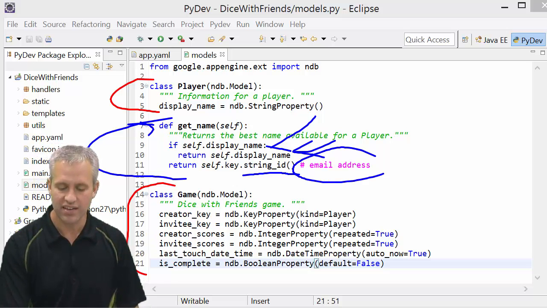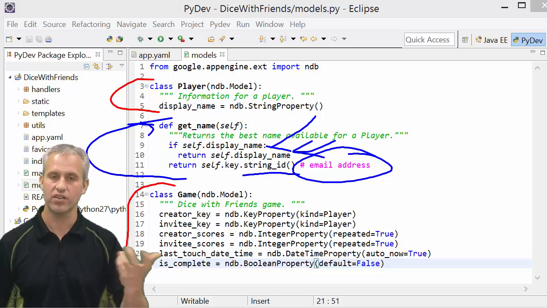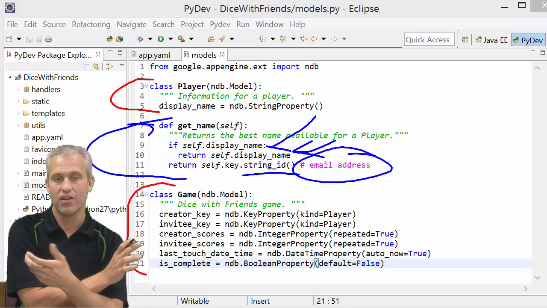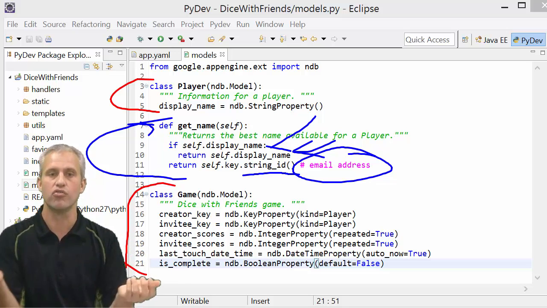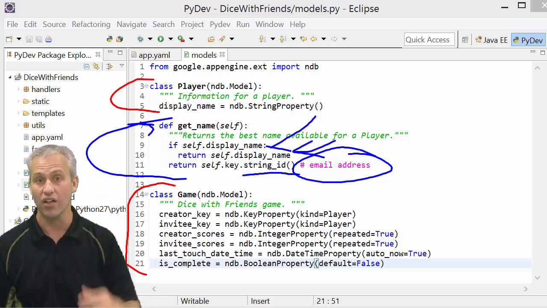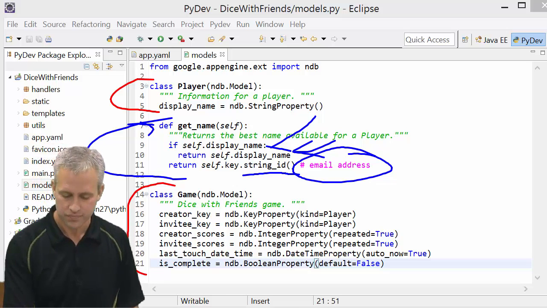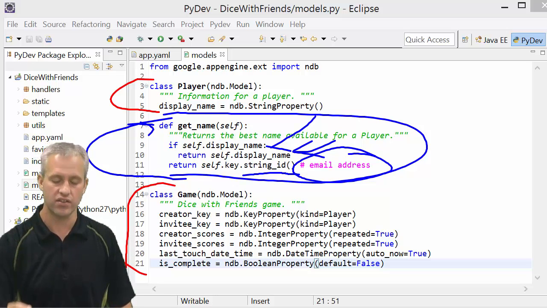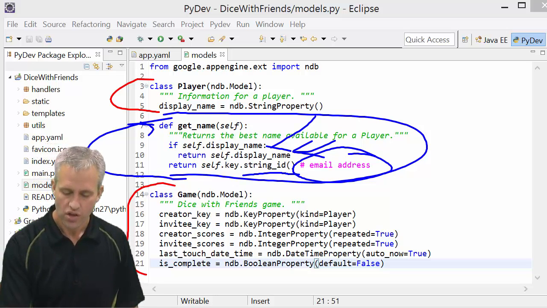It was kind of sneaky that I didn't save the email address in a property, but that's because it was the key name, so I didn't really need to. So I was a little efficient, at least, so that's good. This simple method, we just added right into this class to make it easy to use. So we ended up with only